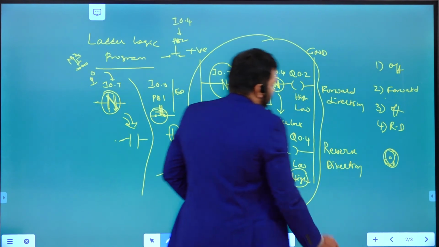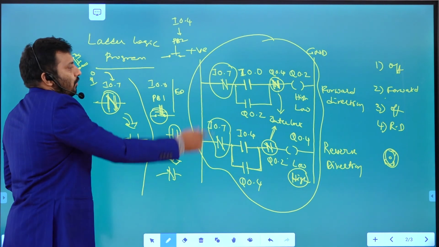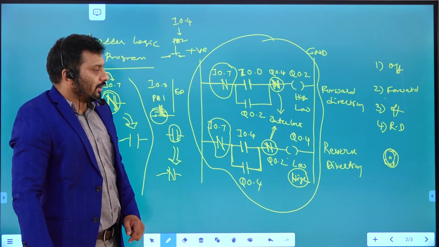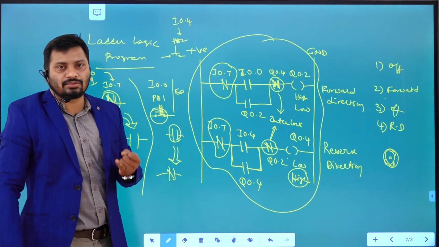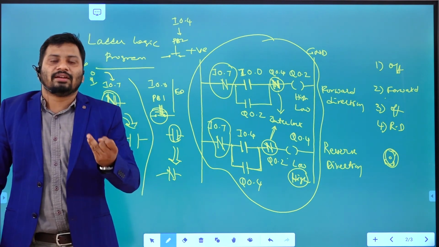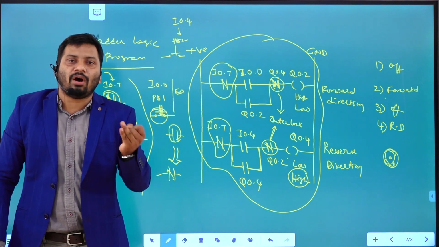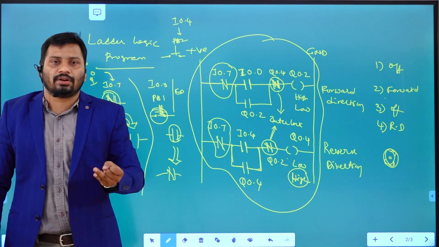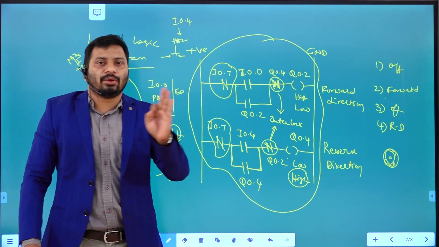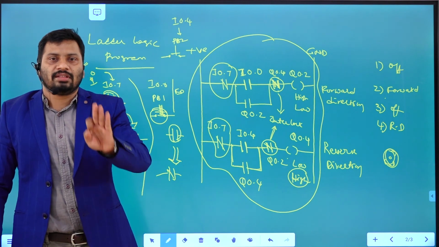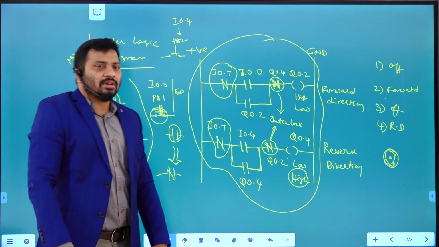You wrote ladder logic for the operation of the motor like this. So this is one example. So you studied 3 examples. One is how to switch the motor on and off, and the second example is if you keep the motor on with sealing, for that you wrote a program. And the third one, you can rotate the motor in the forward and reverse direction. So these are the 3 ways you can control motors in industries.